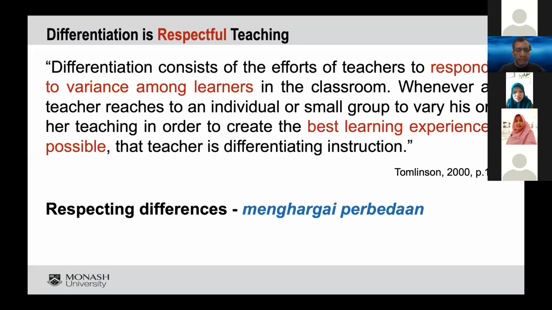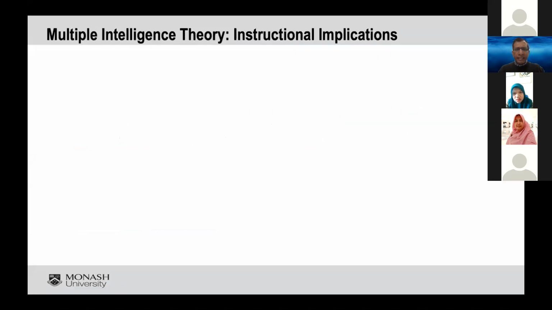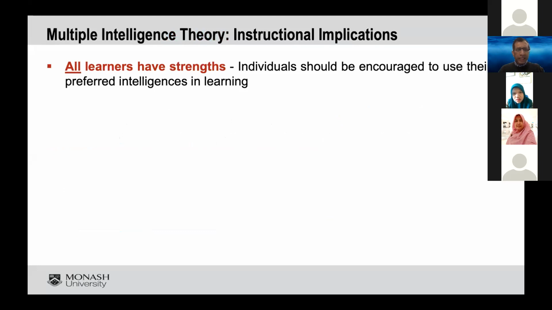So I asked them, what about those who are non-Minangkabau? And they have to study the same LKS. What about them? Are we respecting the differences, or are we just looking at the dominant group? And we are not treating those who are different with the same amount of respect that we are treating the dominant group, okay? So multiple intelligence theory means that we have to recognize everyone has strengths.